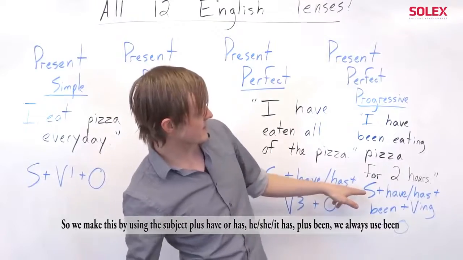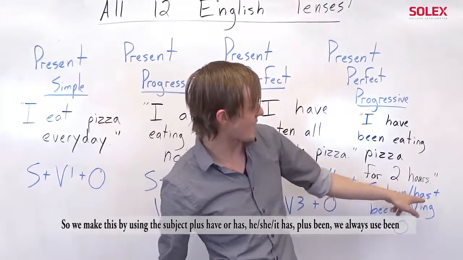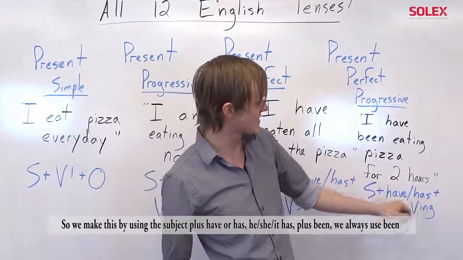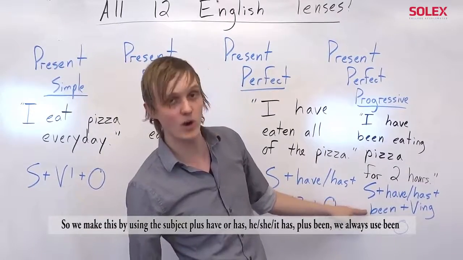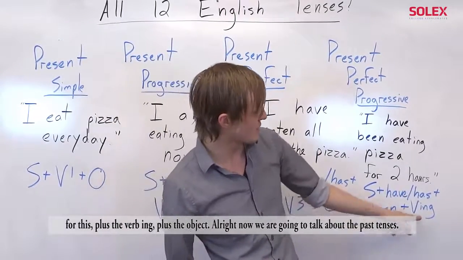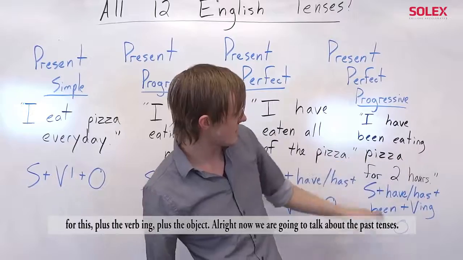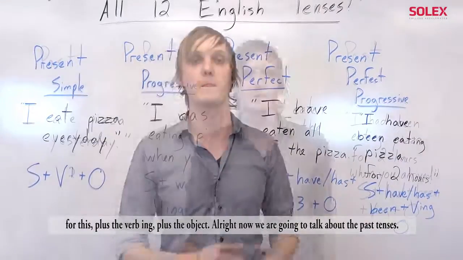So we make this by using the subject plus have or has (he, she, it, has), plus been. We always use been for this, plus the verb ing, plus the object. Alright,